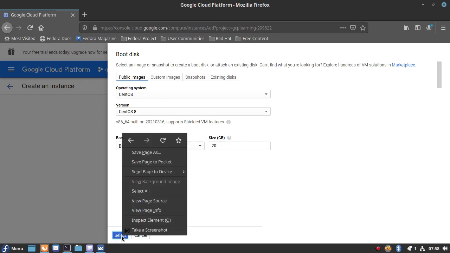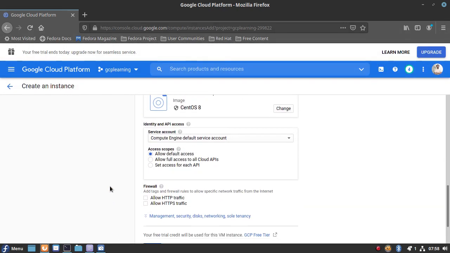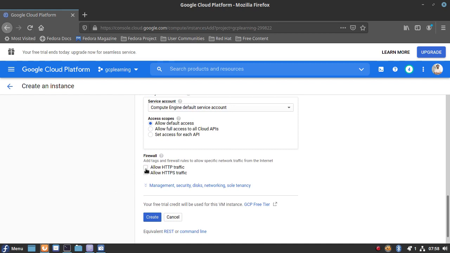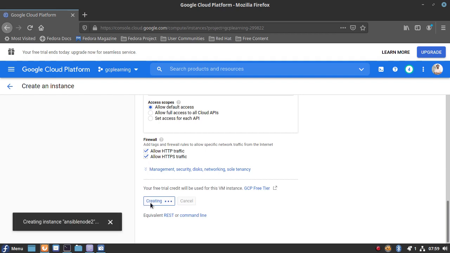Now let me allow the traffic for HTTP and HTTPS if we want to install anything on the Linux node. So for that purpose, I'm just selecting these two checkboxes, and let me create the instance.